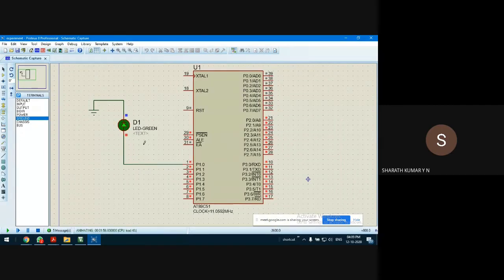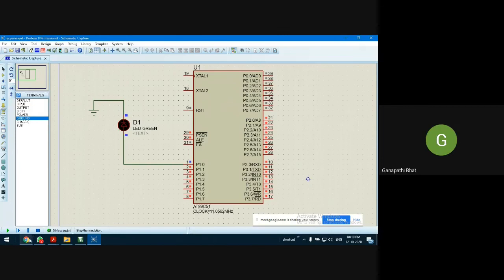If the anode is connected to P1.0, if it is 1, and if the cathode is at 0, the LED will blink. Other way around, if you connect the cathode to P1.0, then the anode should be at power. It should be at 5 volts. Otherwise, the LED will not work. Yes, correct. This is a simple connection, simple logic. There is nothing bigger about this anyway.